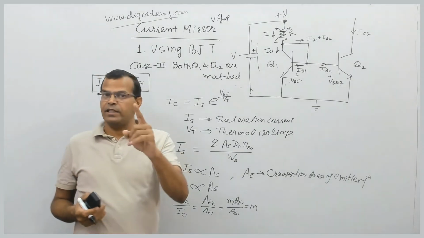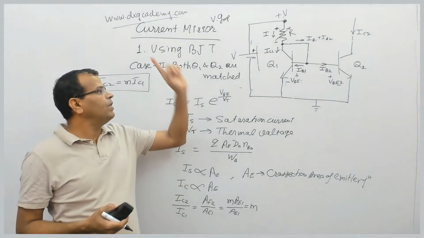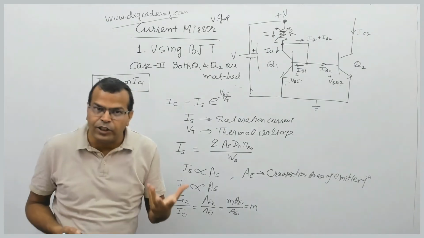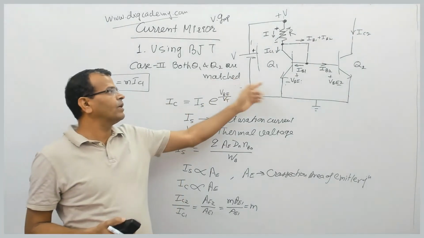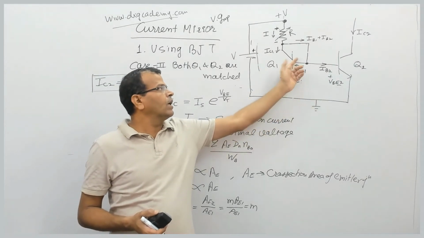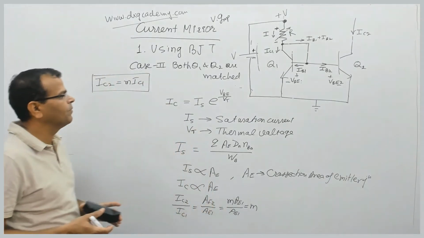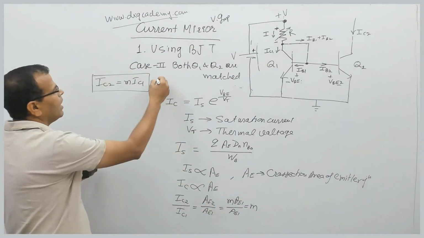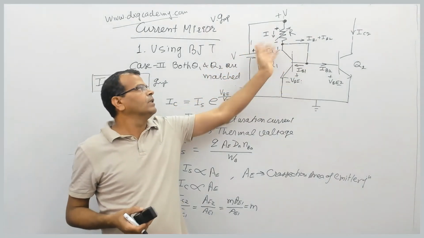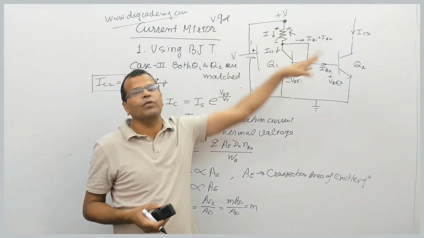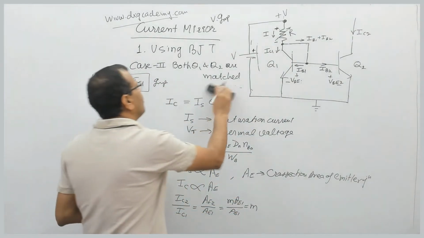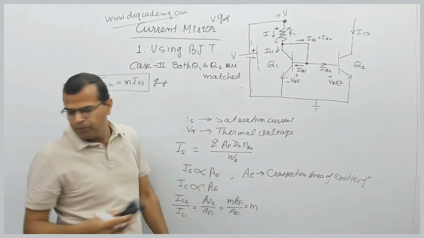In the earlier case, what did we take? We took IC1 equal to IC2. But in this case, we are not taking it to be the same. We are assuming that both collector currents are different. Fine. This is what I have to tell. Otherwise, let us see further. The procedure of finding those currents will be the same or similar to what we discussed in the previous topic. Let us see that now again.